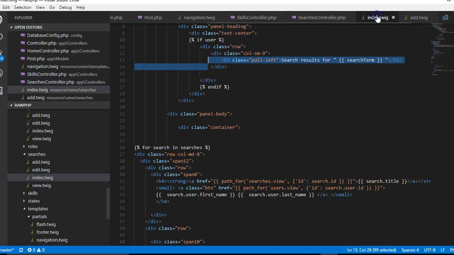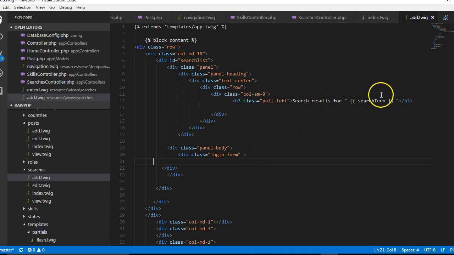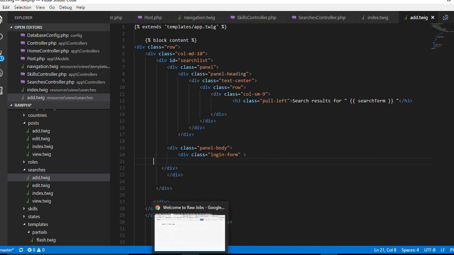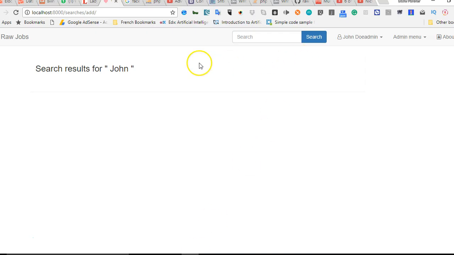Now what we have to do is to come to here. We're trying to display in the add. We're trying to display a list of users that the search term matches, but then we also have to display other things. So I want to quickly go to